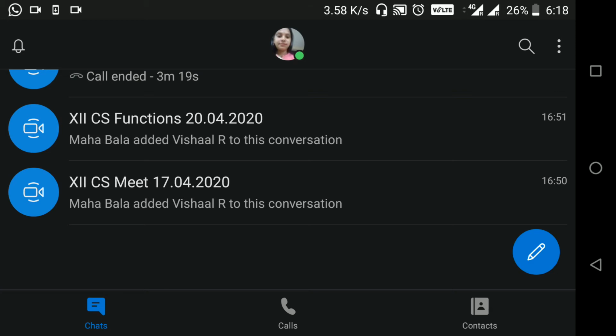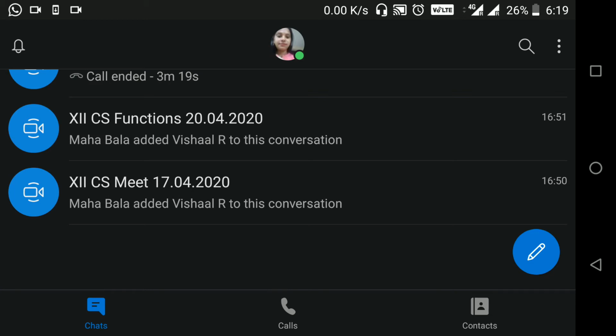Calls will allow you to call a particular contact. So unless the contact is saved in your phone, you cannot contact a person using calls. Now chat is another option to start chatting with a particular contact or to start a conversation in a meeting.